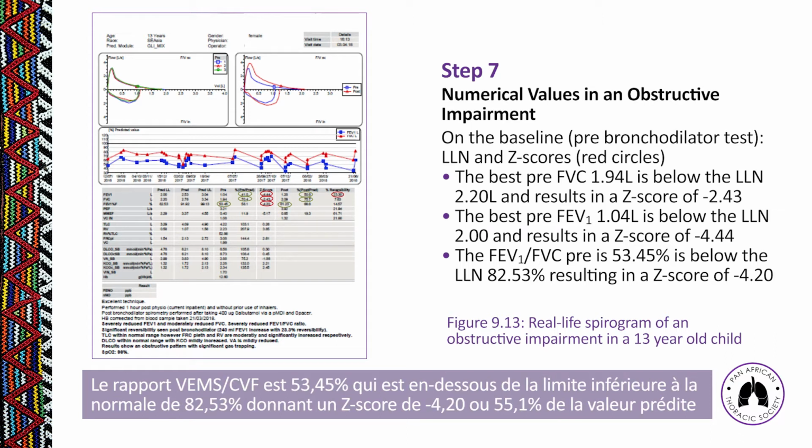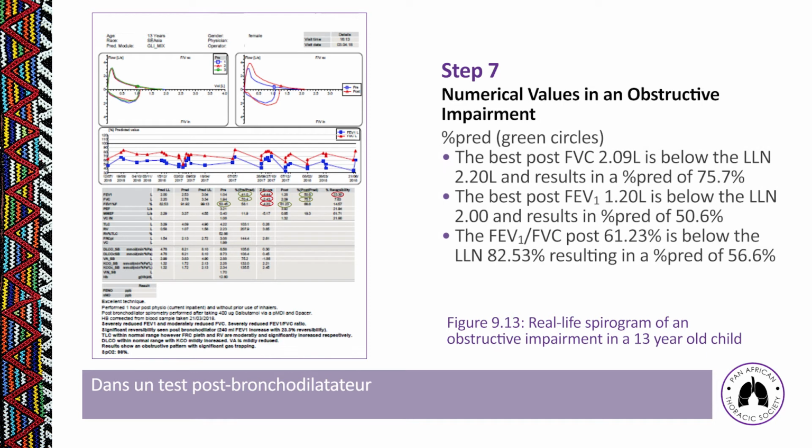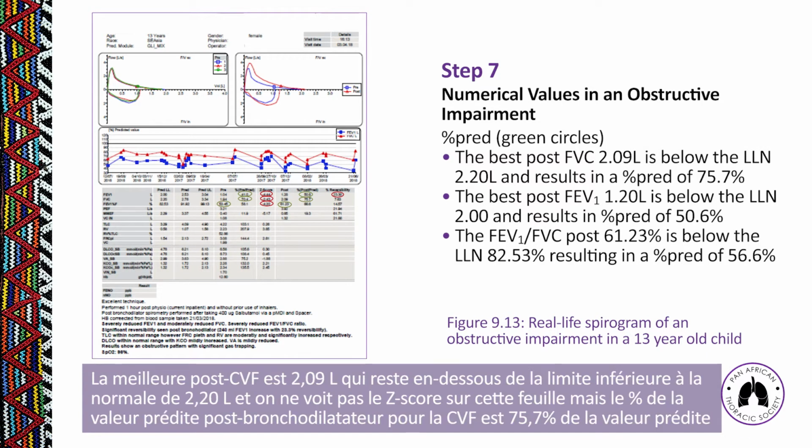The FEV1/FVC is 53.45%, which is below the lower limit of normal of 82.53%, resulting in a Z-score of minus 4.20, or 55.1% of predicted. On the post-bronchodilator test, the best post-FVC is 2.09 liters, which is still below the lower limit of normal of 2.20 liters. We don't see the Z-score on this printout, but the percentage of predicted post-bronchodilator for